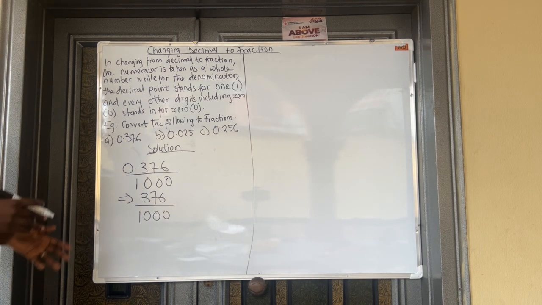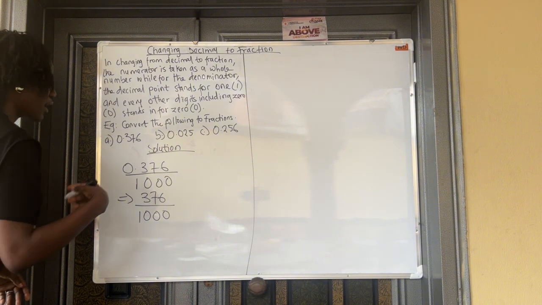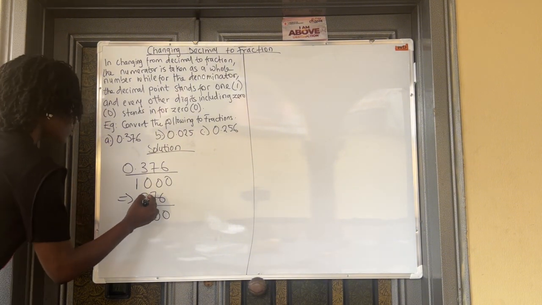So we're going to divide so we can get the lowest term. So I start with 2. Divide 2 from